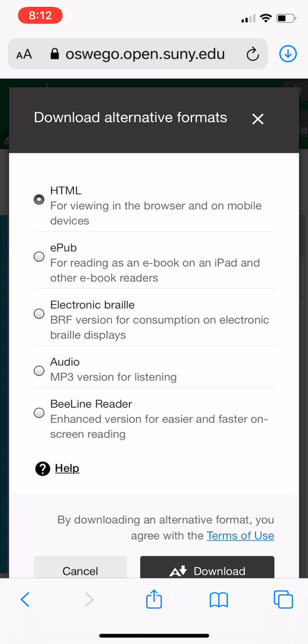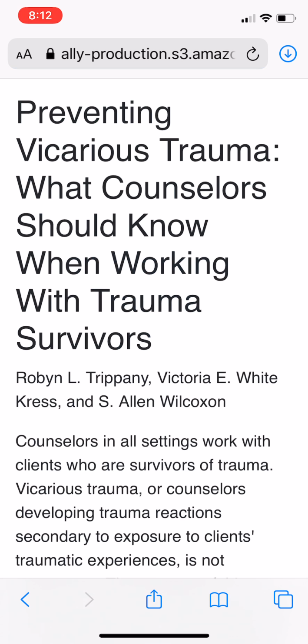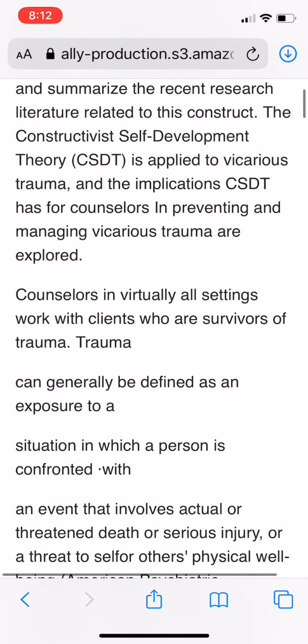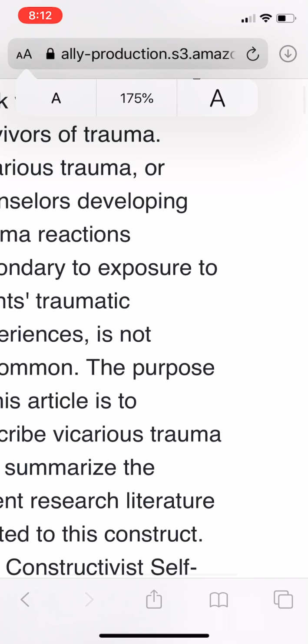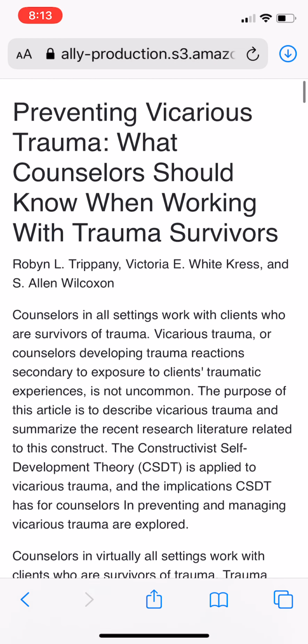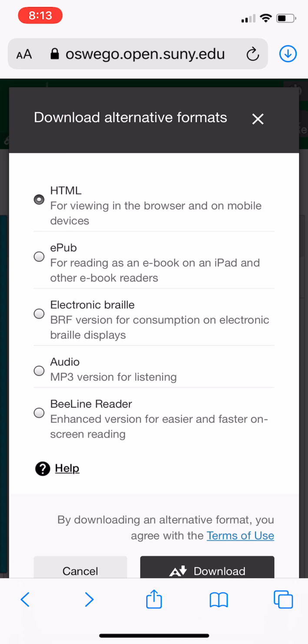So for example, if I open up the HTML version on my phone, you'll see that it's actually a lot easier to read, and I can take advantage of my browser settings, which allow me to zoom in and see the text at different sizes. So that can be really handy. In addition, I can also choose some other features that are here, including the e-publication, which I've actually already downloaded